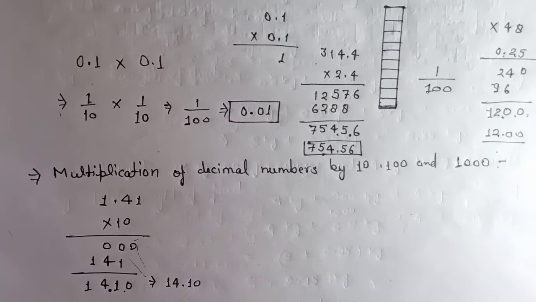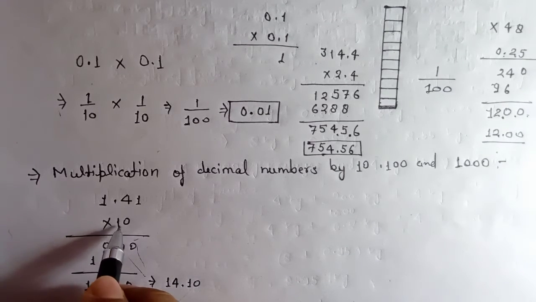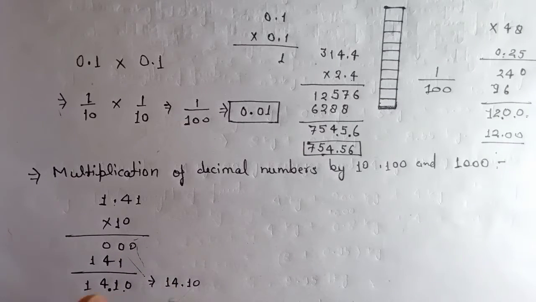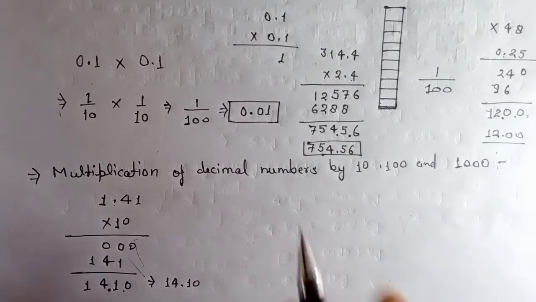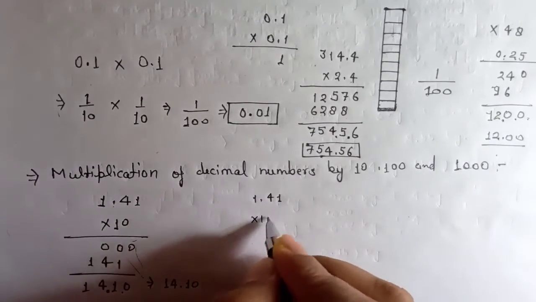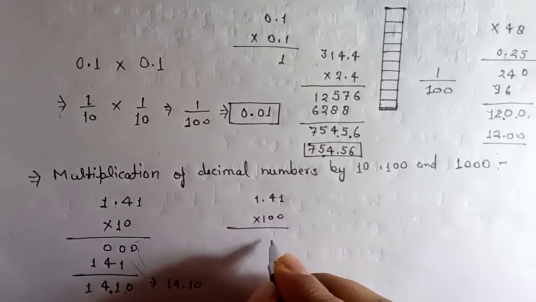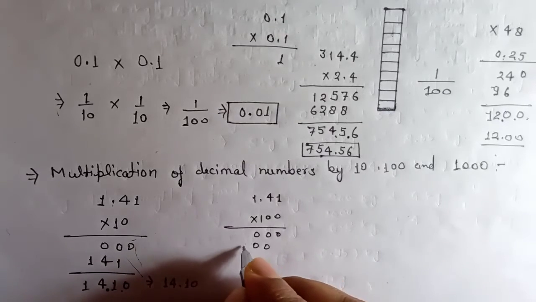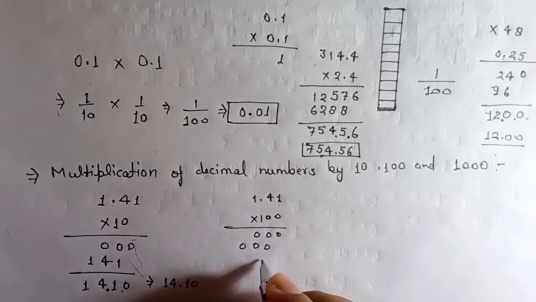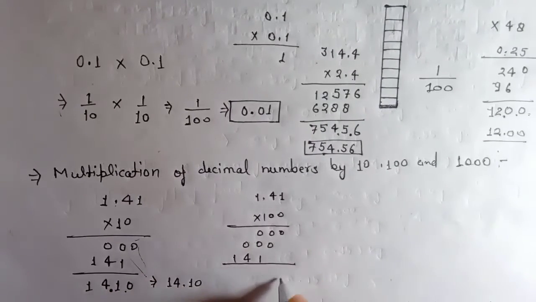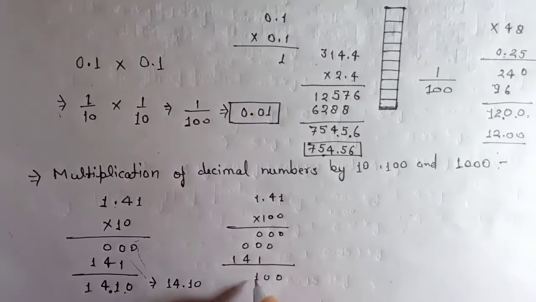So actually when you observe, you can see that when you multiply it by 10, the decimal sign is carried one digit to the right hand side. Now when we multiply the same digit by 100, what is the result? Take it. 0 times 1 is 0, 0 times 4 is 0 and 0 times 1 is 0 again. 1 1 4 and this is 1 0 0 1 4 1.